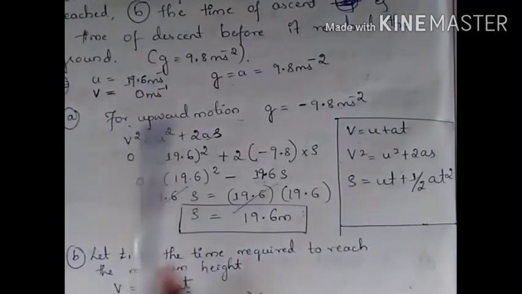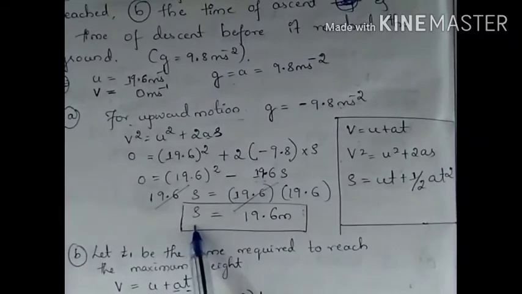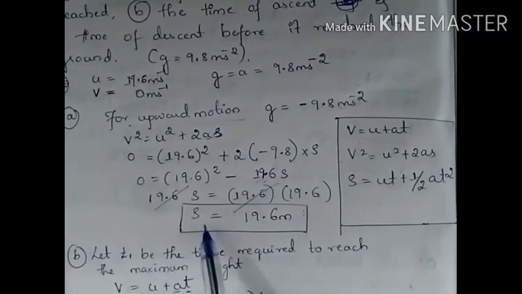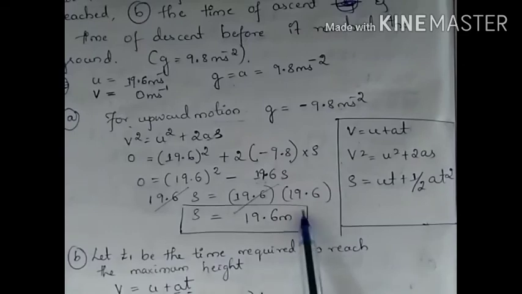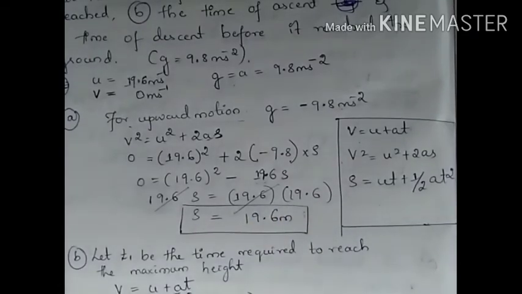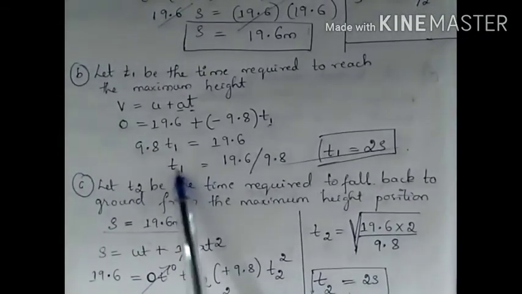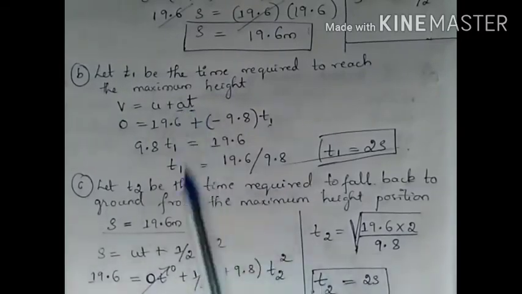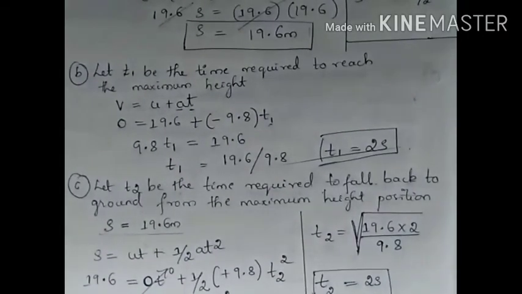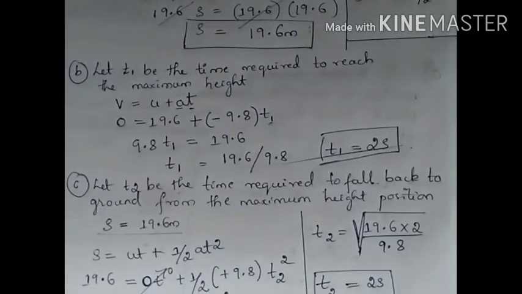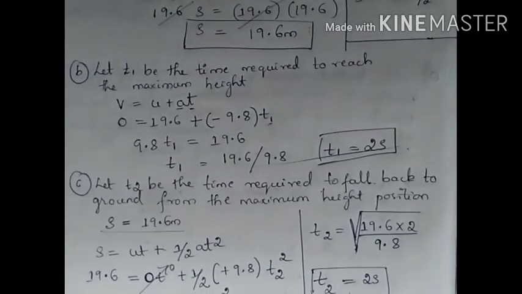So with the data we understood what is the maximum height that the ball has reached after throwing vertically upwards. So that came around 19.6. And next was time of ascent. So to calculate that, we have used v is equals to u plus at, and then we have substituted the value of a as minus 9.8, because the direction of acceleration due to gravity is opposite to the direction of the ball which is moving upward.